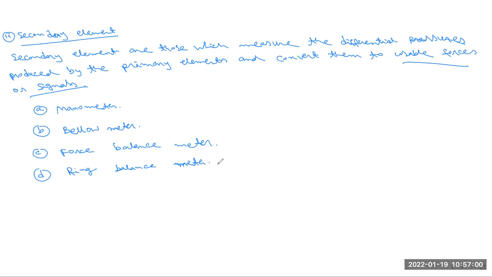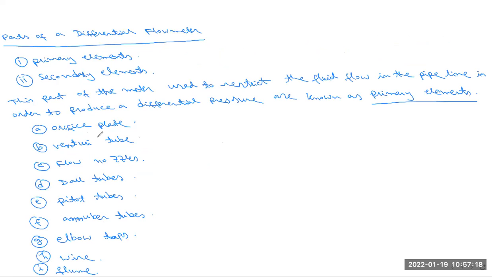Okay. Is it okay, all of you? Anyone any doubt or any questions? So please ask me. In the next classes we will discuss these broadly. There are lots of types of meters in your syllabus. We will go into details one by one, because we have to discuss the orifice plate, venturi tube, flow nozzles, pitot tubes, etc. Okay. So next class we will discuss the orifice plate and also venturi tubes. So up to this part, anyone, any questions or any doubt?